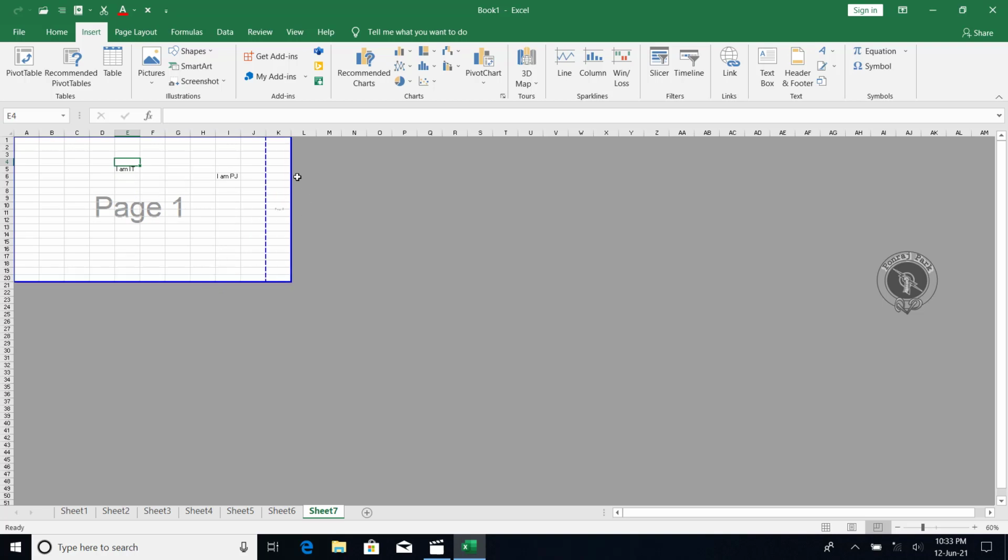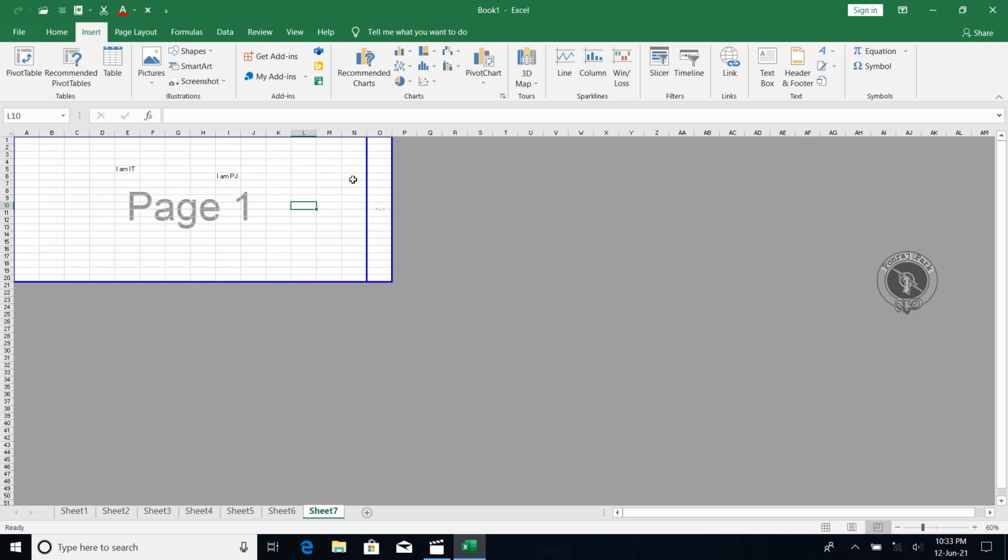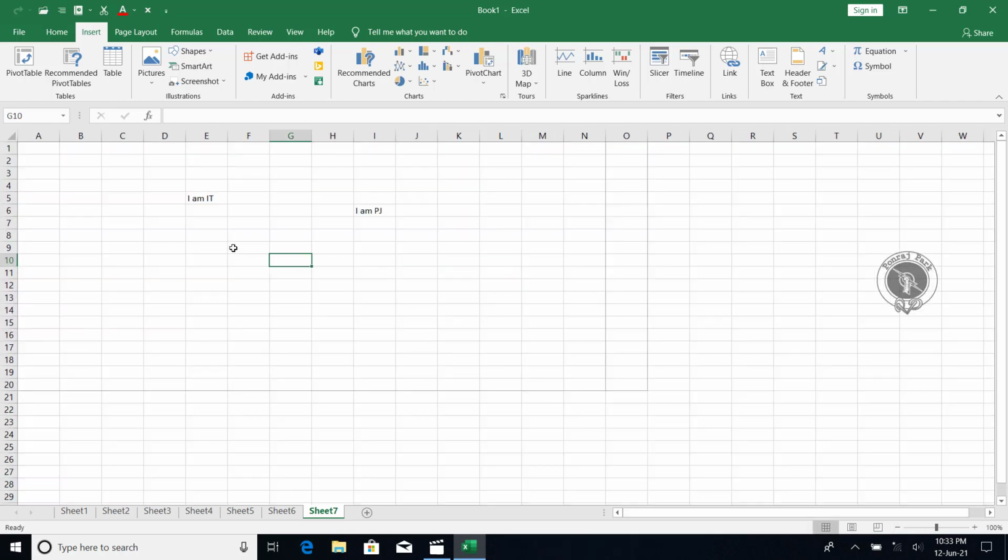By default this is page 2, and if I want more space on my page 1, so all this stuff gets printed on page 1, I can do that. So for printing purposes you can easily edit this area. For that purpose we mostly use this page break preview. And let's get back to normal mode.